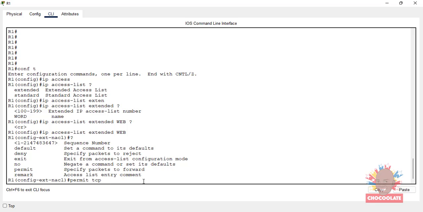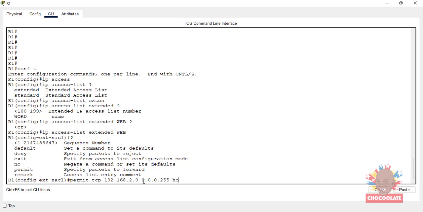We want the 192.168.2.0 network, and we'll use the wildcard bits because it's the inverse of the subnet mask, and